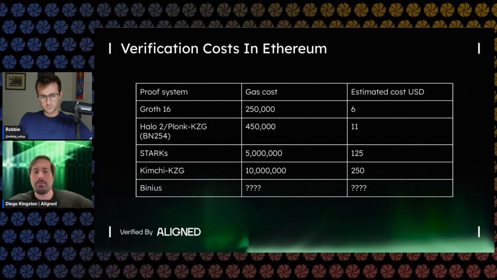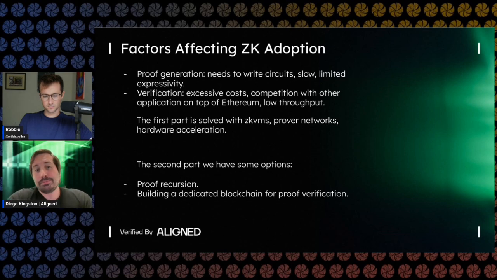Because then we can process maybe more proofs, onboard more users, offer lower costs, and also start developing new applications. So here are some of the factors we mentioned. Of course, to adopt ZK, one of them obviously is related to proof generation. In the last year or so, we've seen many new tools that help us write provable applications more easily and